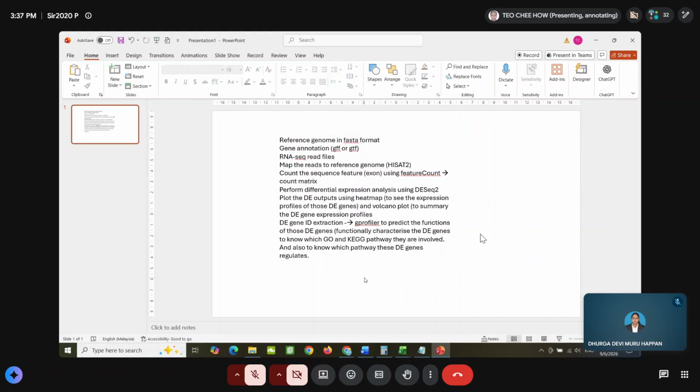So basically, this is what we want for today's practical. This is a standard pipeline for differentially expressed gene analysis.